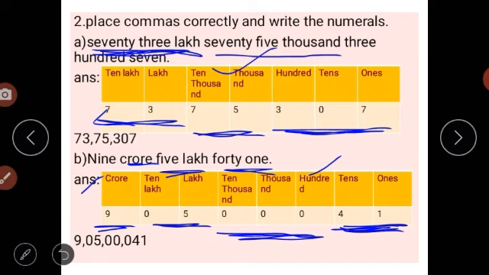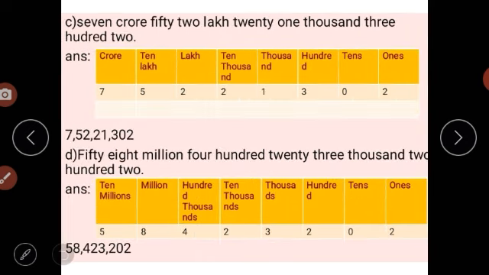So here first we are writing 9, and after that we are placing a comma to show that crore is there. After that, the next number we have written is 05. After writing 05 also we have placed a comma here for showing the value of lakh. After that the value for 1000 is 0. That's why we have written 2 zeros, and after that we have placed a comma. Next, what is remaining? 041 is remaining. We have written that as it is. Okay. So next, what is the next question?